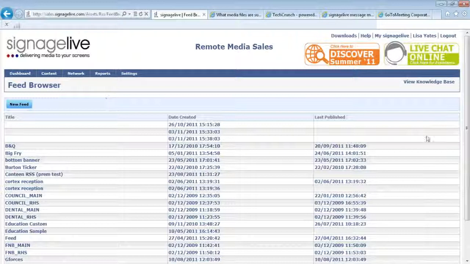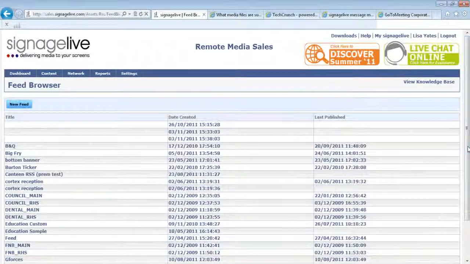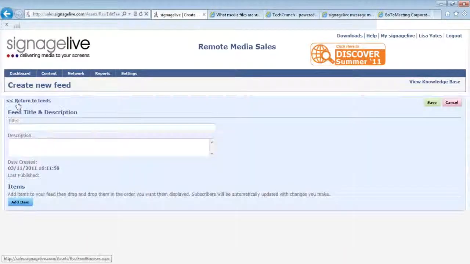we're now in our feed browser. So this is a list of any feeds that we may have created in the past, or that may currently be being used on screens on our Signagelive network. But what we're going to do today is create a new feed. So over on the left-hand side, you can see the blue button that says New Feed. If I click into that,